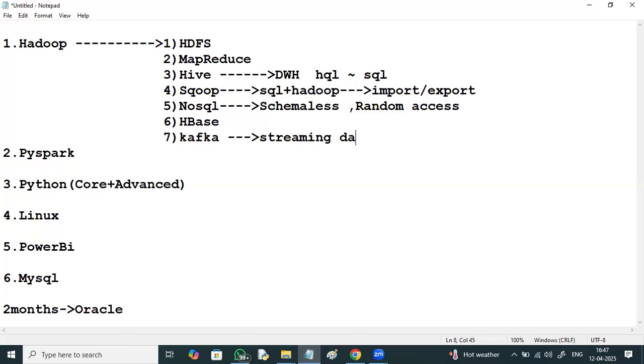Streaming data means data which keeps on generating, data which keeps on incrementing. Such kind of data we call streaming data. For capturing that streaming data, we go for components like Kafka.